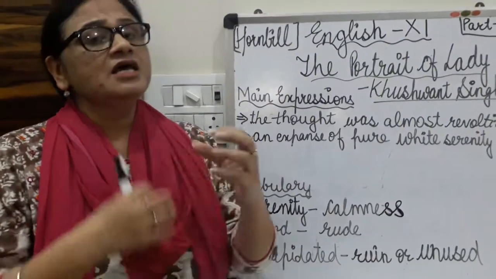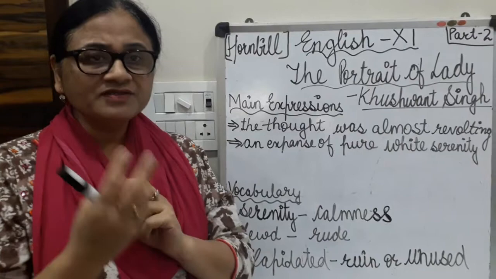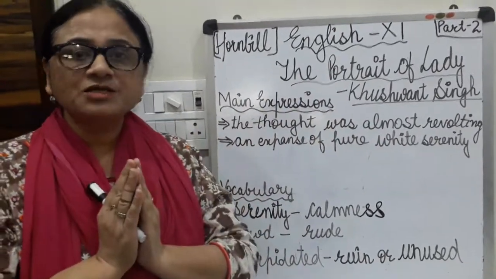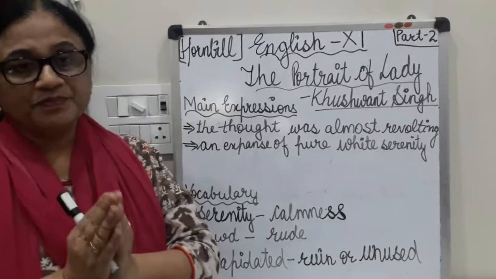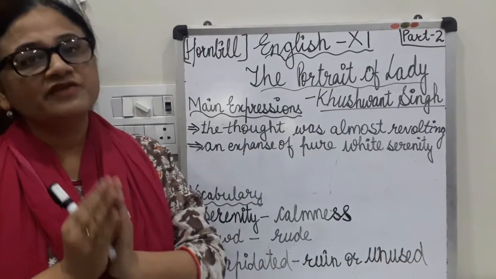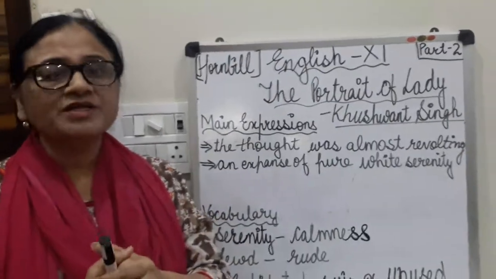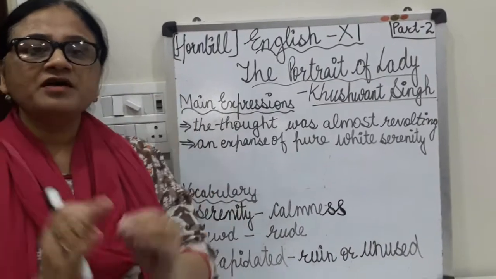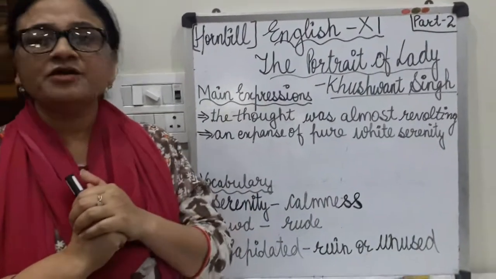So students, you understand the two paragraphs. First was the introduction of the chapter. Second was the characteristic of the grandmother. Now third paragraph tells us how they were living in the village. As I told you, I started with that they all were really very happy. They were living in a very nice gestural environment.